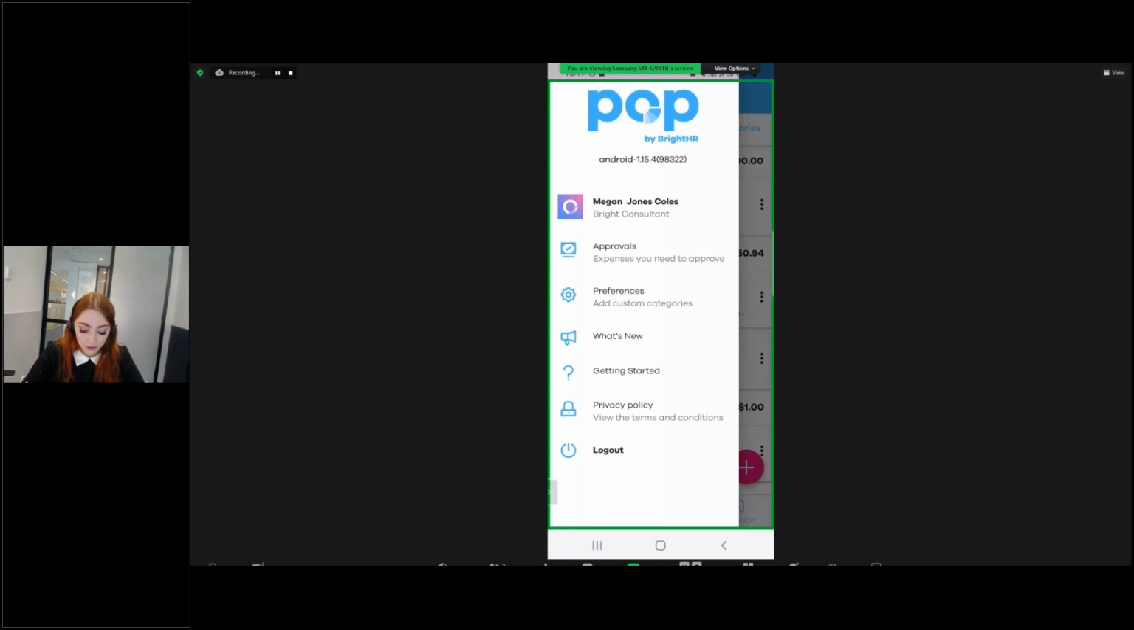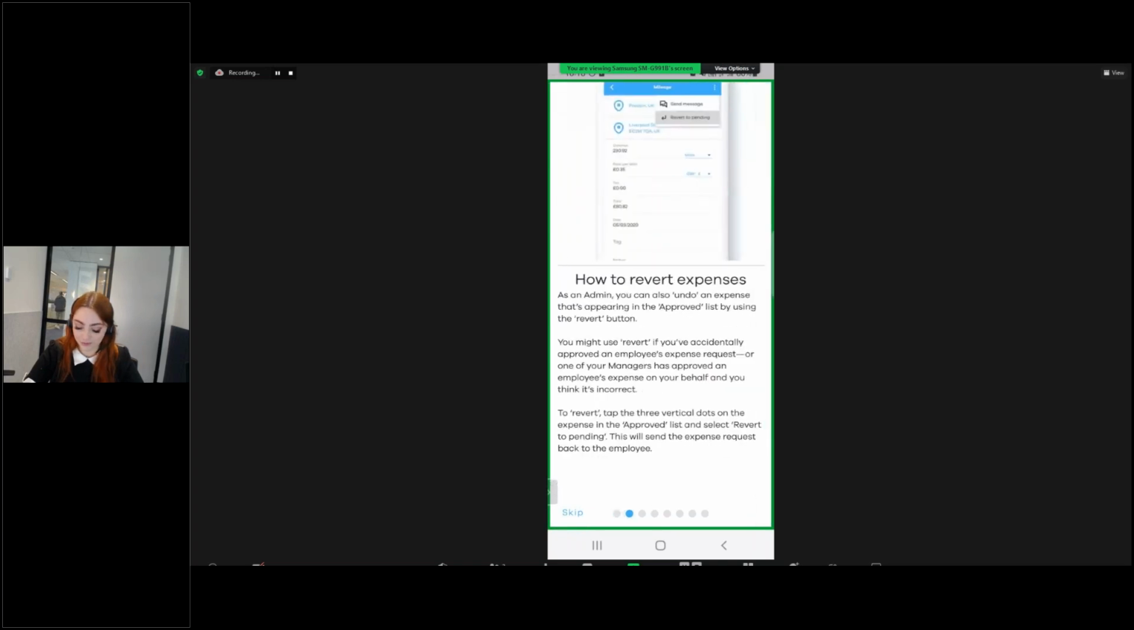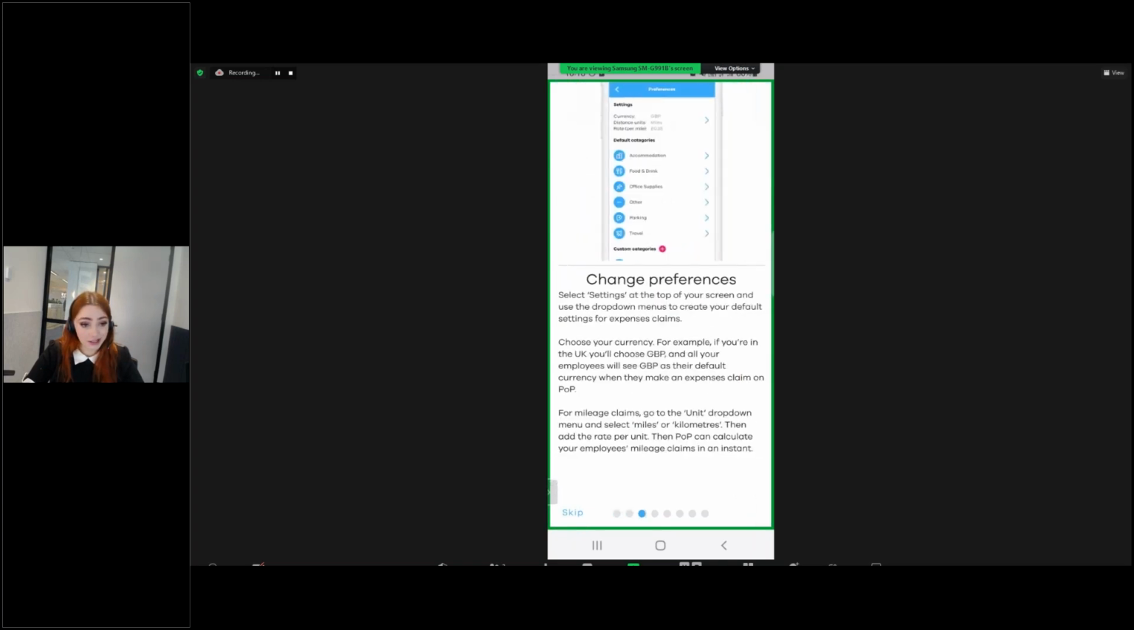Popping back into the menu, again, you have your What's New for any updates to the system, but we'll be popping into Get Started just below there. I do recommend having a read through these, as they will take you through every detail of setting up and using your PoP app. So we've got how to approve, how to revert, how to change your preferences,